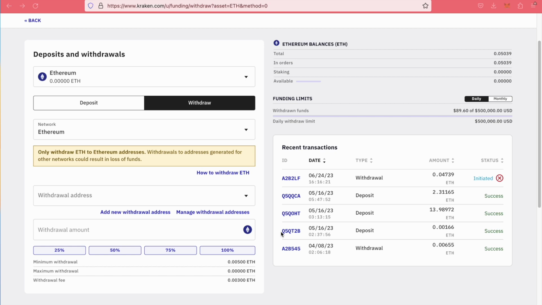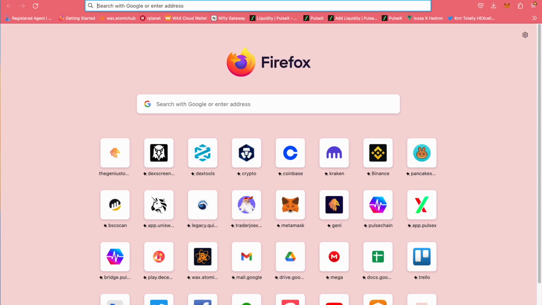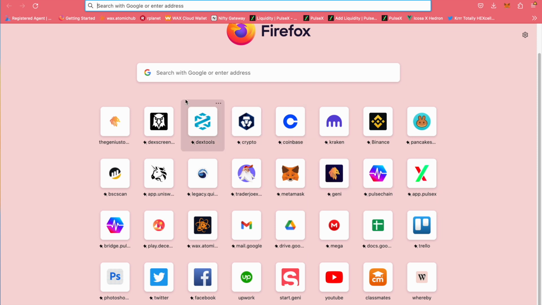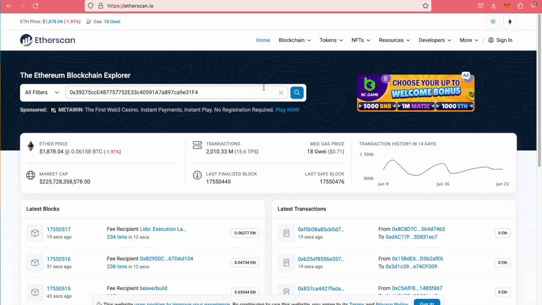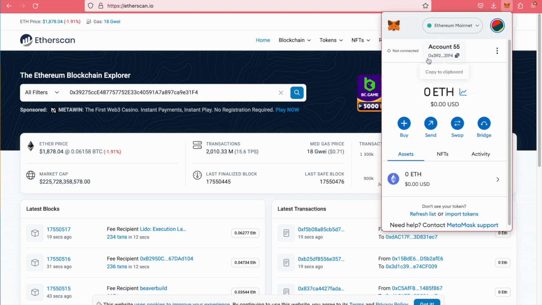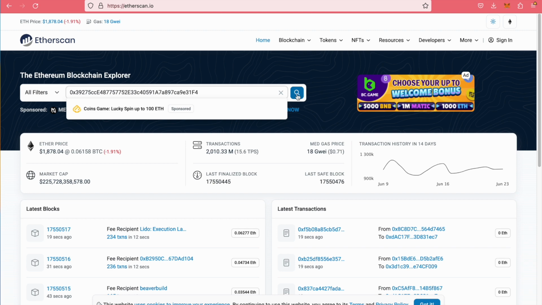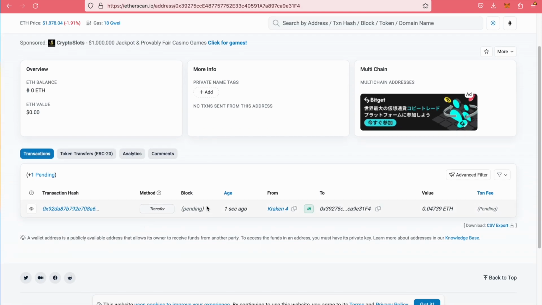This next section that I'm going to be explaining will show you how you can check the blockchain to see how your transaction's doing. So we're going to open a new tab. So etherscan.io is a way to check Ethereum addresses for transactions. So we copied our address here, pasted it into the search bar, and here it shows we have a pending block from Kraken 1 second ago